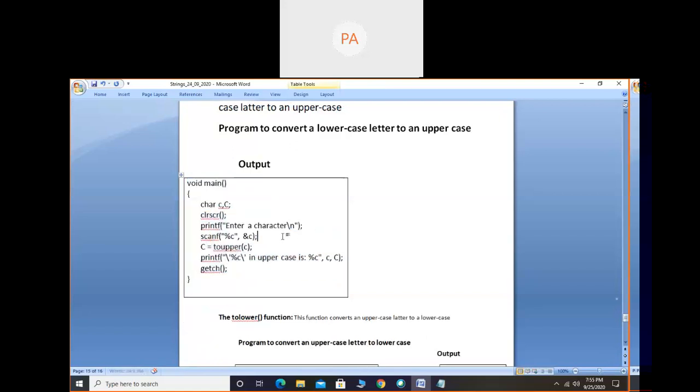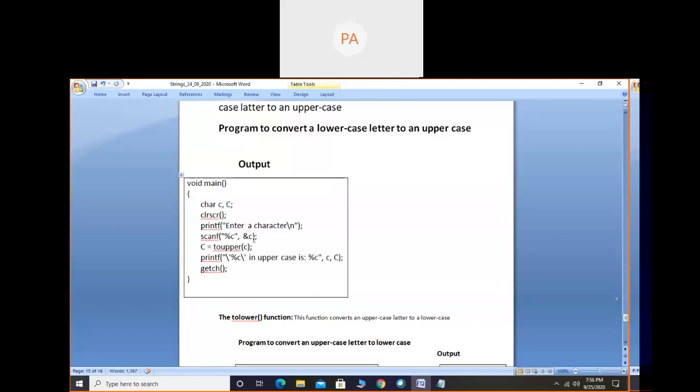Okay, look at this program. I have taken two variables here, one small letter c, another one capital letter C. In case of variable names, capital letters and small letters are treated differently. Capital letter identifiers are different, small letter identifiers are different. So the first variable is small letter c, the next variable is capital letter C. That means these two are different identifiers, it is not the same.